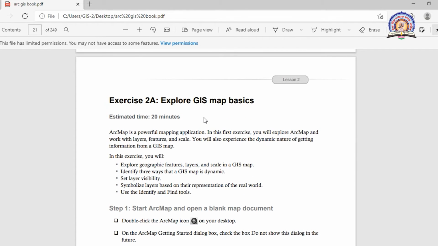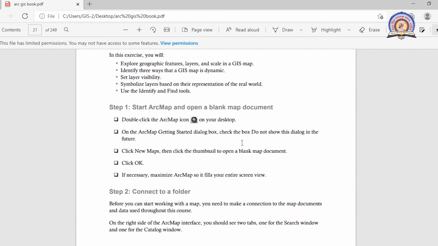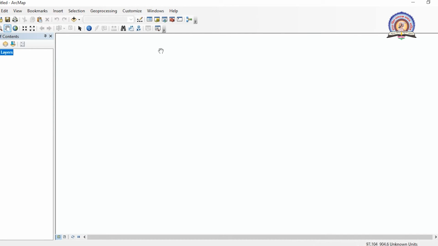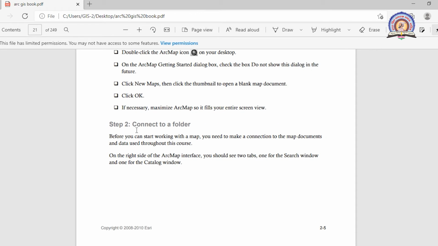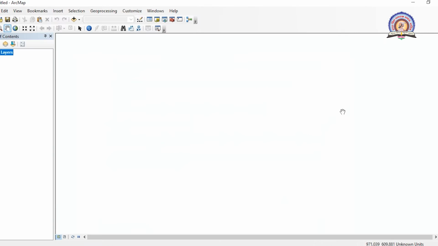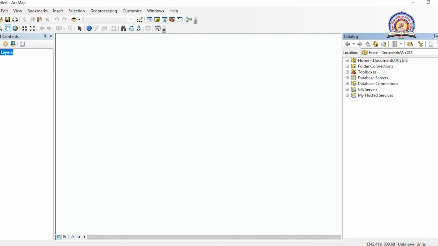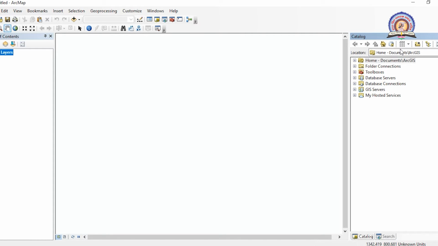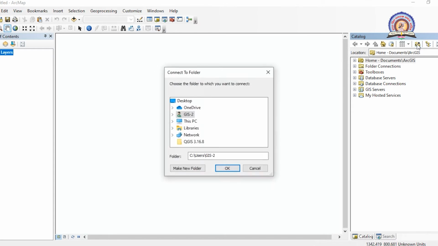So, in this session, we are going to explore some basics of GIS. For that, first of all, we have to open our GIS software by clicking its icon. I have already opened it for you. Then secondly, we have to connect to the folder. Now what is connect to folder? Connect to folder means, by clicking on catalog, which is over here, you can auto hide it or keep it always on. So here is a connect to folder button. By clicking on this button, we are able to connect our data which we are going to use in ArcGIS software. For example, now I am clicking over it.